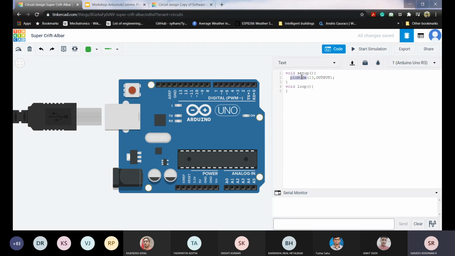Otherwise, it will be like a random string or random character lying in the code. So we need to tell it exactly what we're going to use, what its purpose is, and where we will be using it. So we declare variables in programming.